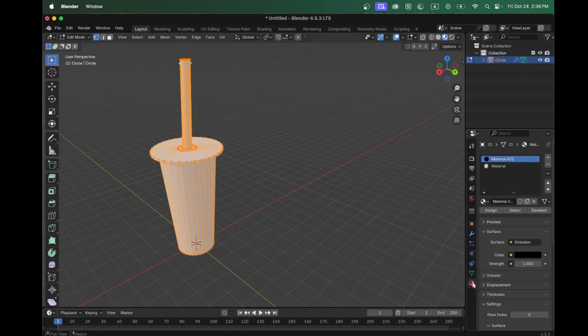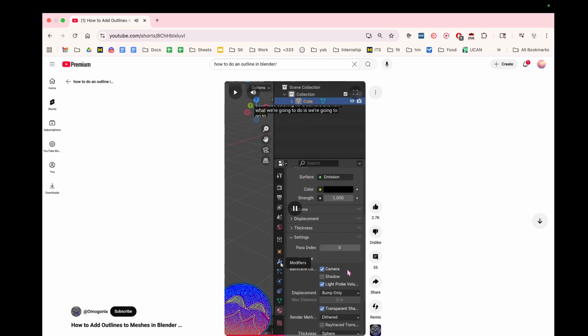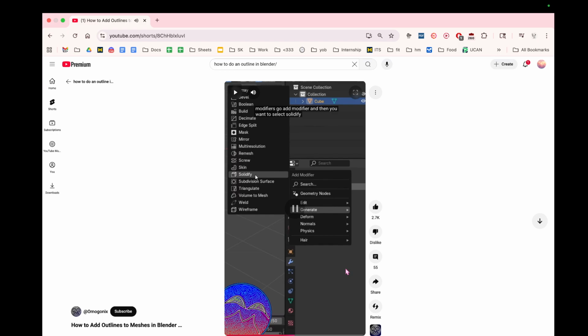to black. And then once you do that, you want to scroll down to the settings, and then select backface culling for the camera. And now we're going to go to this wrench icon here to modify, so add modifier, and then you want to select solidify. And now you want to go down to select flip and high quality, and then down in materials,